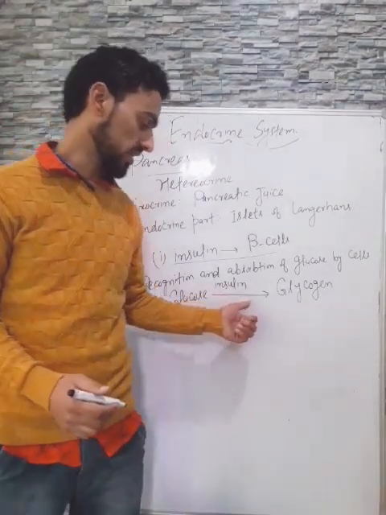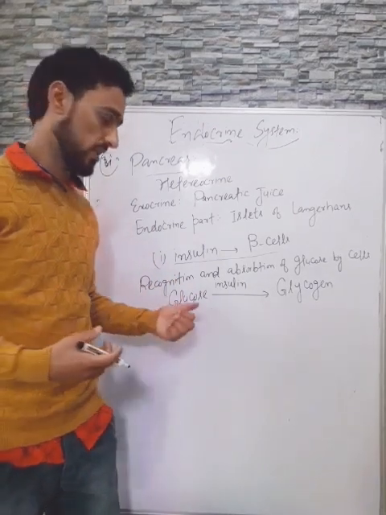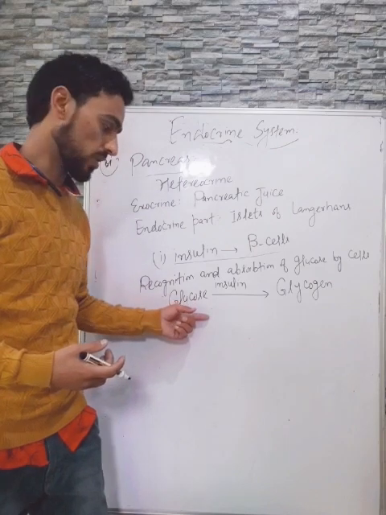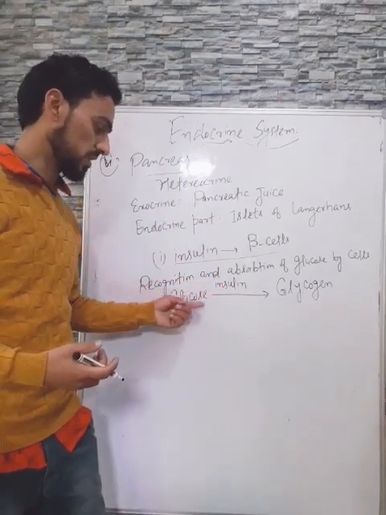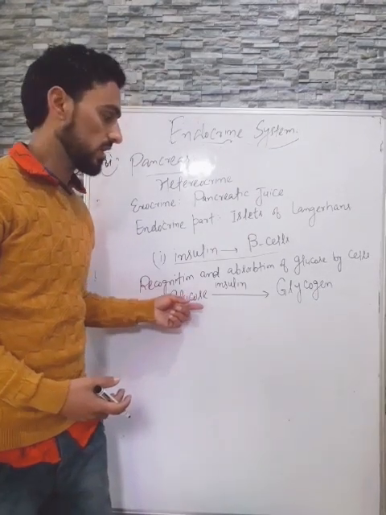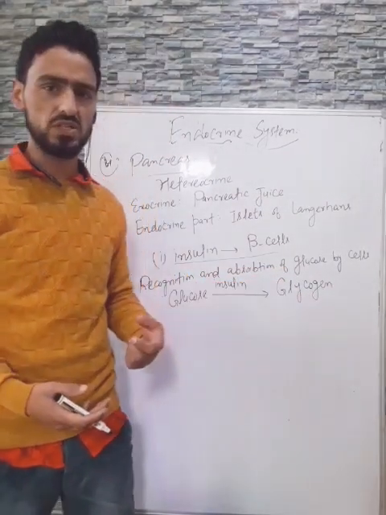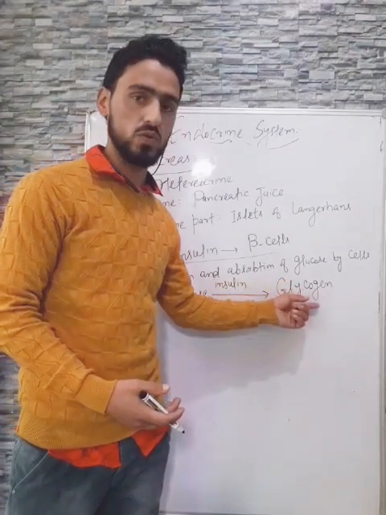What does insulin do in our body? If we have eaten food, at that time there is a high concentration of glucose in our blood, and a high concentration of glucose is problematic. So at that time, the insulin helps in the conversion of the extra amount of glucose in the blood into a storage form that is known as glycogen, which is stored at various places like the muscles and our liver.